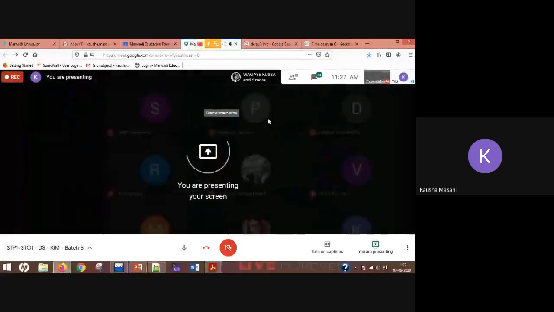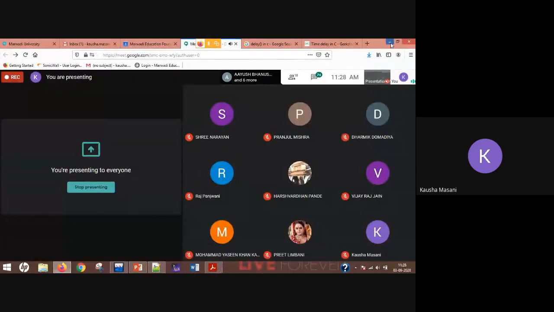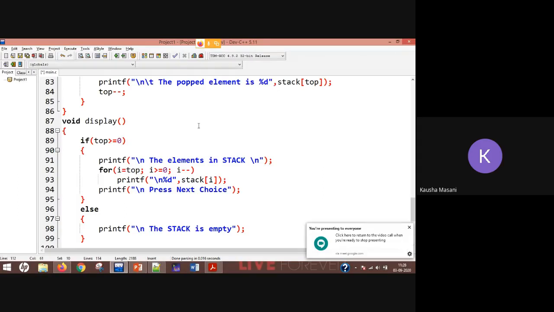As I have only a few minutes left in the session, I'm not expecting you to complete this display function and show it to me. We will continue with it. Let me just give you a demonstration of how you're going to implement it, and in the next session we will continue with display and change, and then go on to another practical. So in display, you are first of all going to check that your stack is not empty.